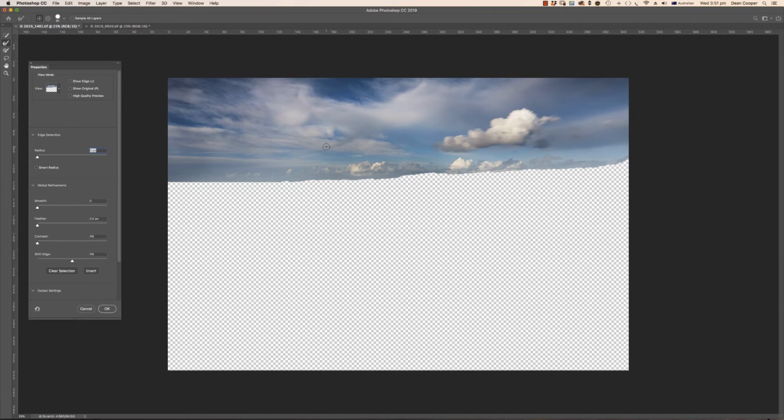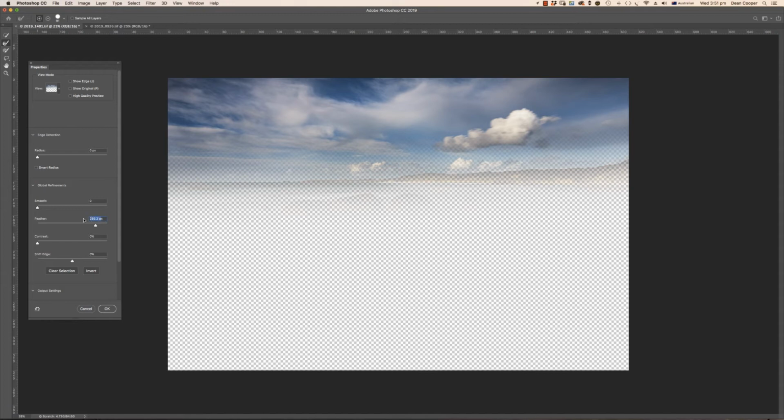Now I want to darken this sky down, so I don't want a hard edge along here. I want it to feather out. I want it to look like it's going from dark at the top coming down to lighter. So I want to add a gradient into this. So we just want to add some feathering. So we just come down here to feather, and I just know from experience that